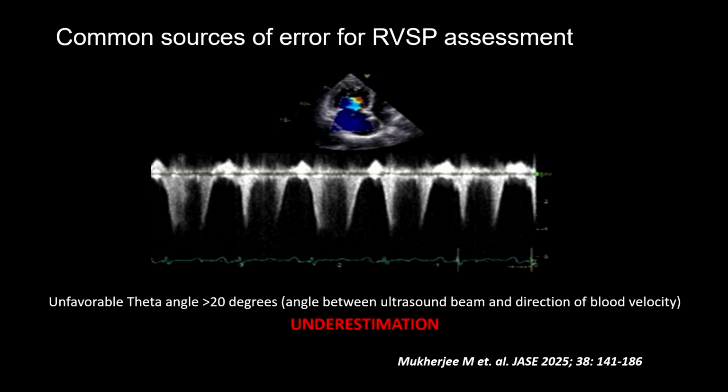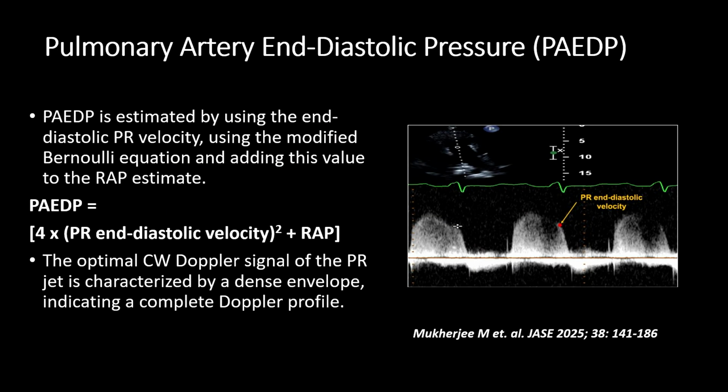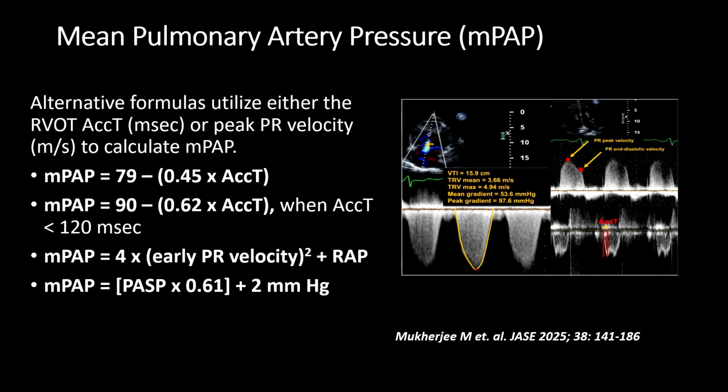if the angle is over 40 degrees. It should be as parallel to the TR jet as possible. If it exceeds 20 degrees, it leads to underestimation. Another common source is an abnormal triangular TR jet, which is seen in severe TR, and this can lead to underestimation as well. Pulmonary artery end diastolic pressure is measured from the PR end diastolic velocity, as you all know, and